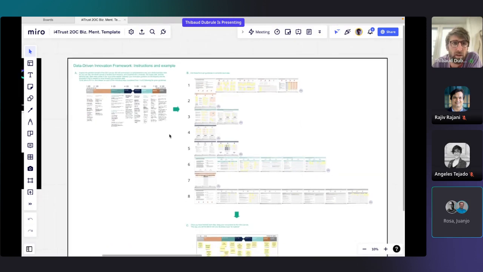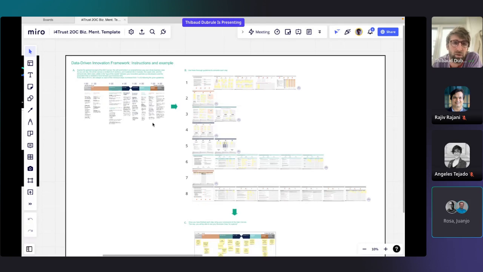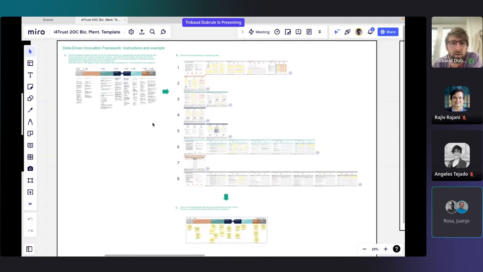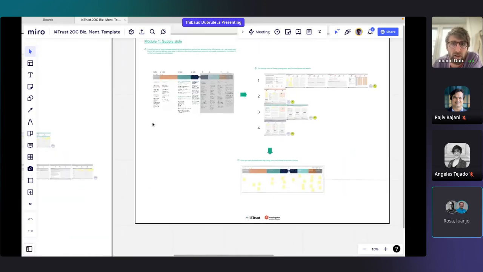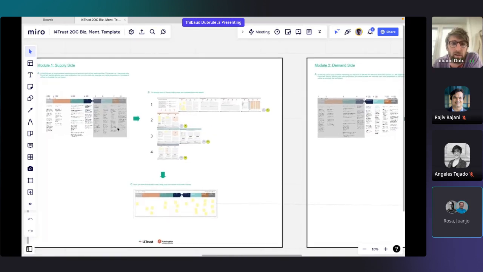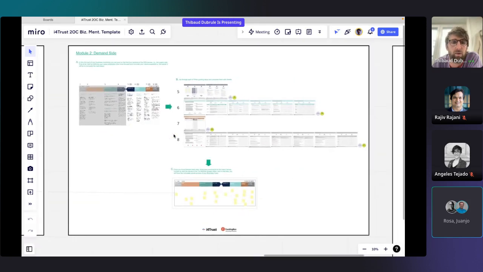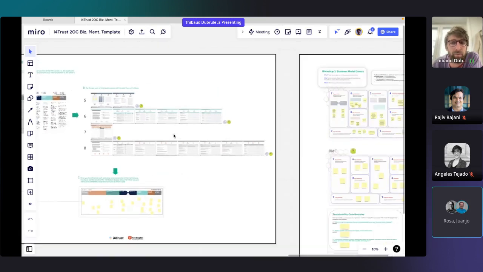So you have a whole explanation about this, but also those videos that will support this, because otherwise it can get a bit lost in it. And then you have those empty canvases that are fairly well explained, and all the steps are clear. All the mentors know this framework, they've worked with it, so they can really help you and take the best value out of it.